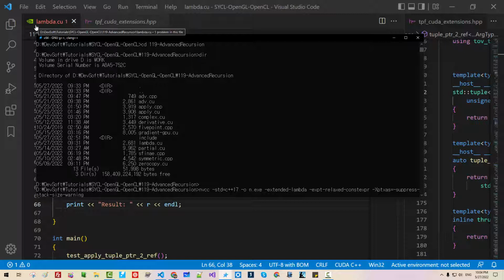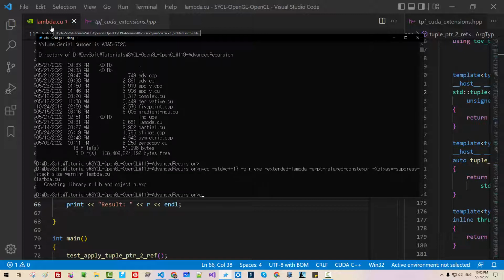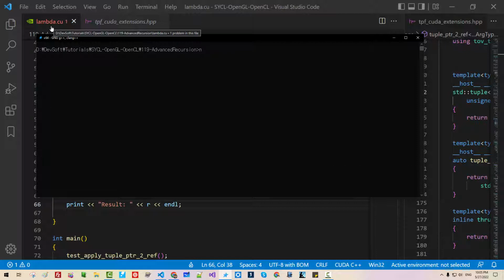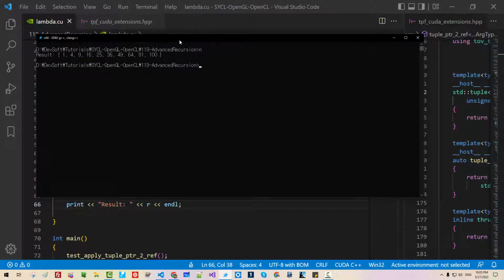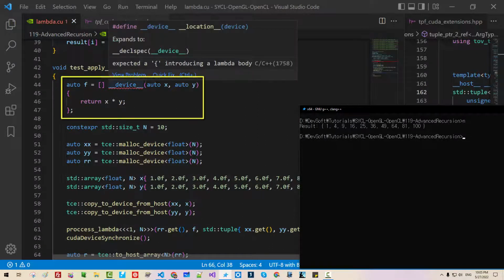The source file is lambda.cu. Hit enter. CLS. So we passed x and y to this kernel lambda